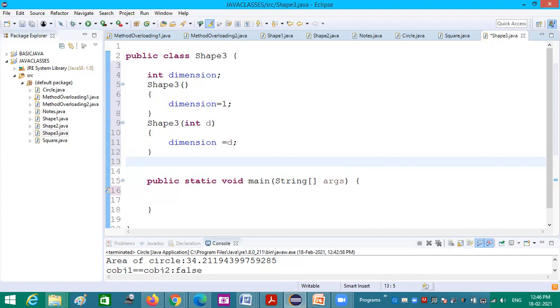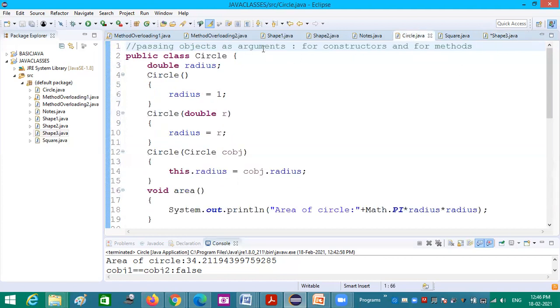This method should return the object. So now we are seeing an example for returning objects. For this, we have only one possibility. For passing an object as argument, we have two choices, for constructors and for methods.